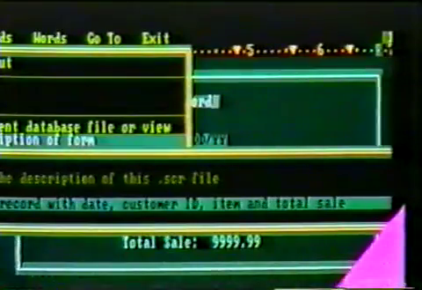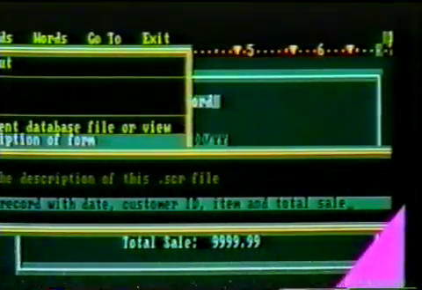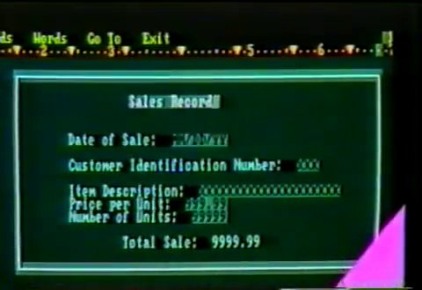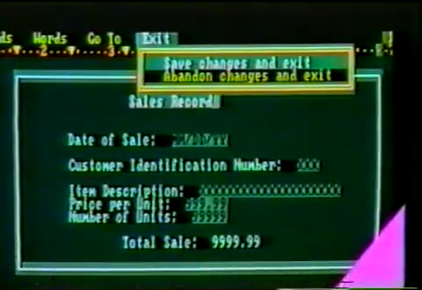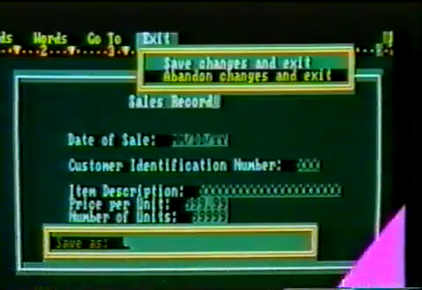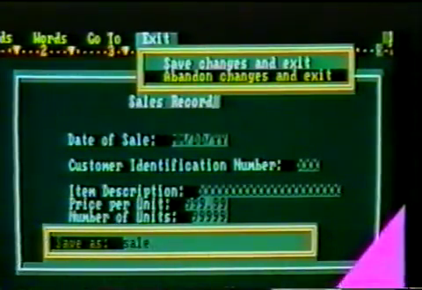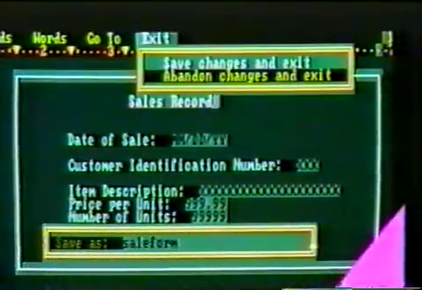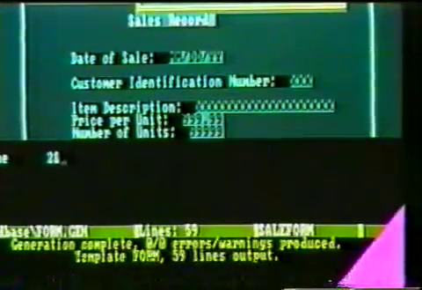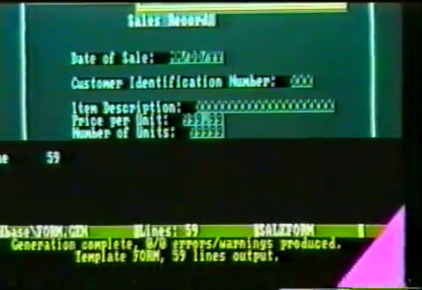And press Enter to end the description. Finally, we hold Alt and press E for exit, then S for save. To name our form, we type Sale Form and press Enter. It takes a while for dBase to read all the information into the file and make sure